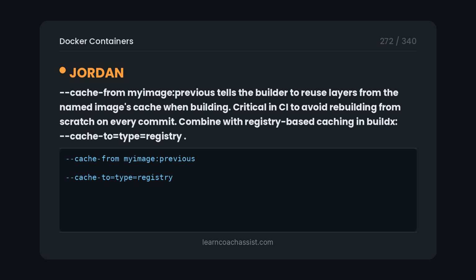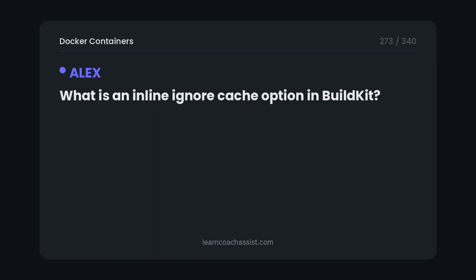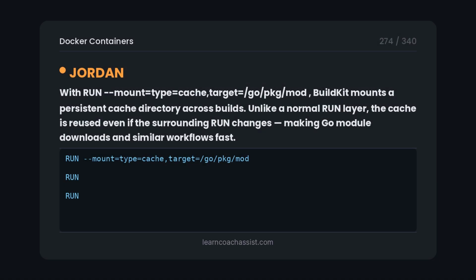Critical in CI to avoid rebuilding from scratch on every commit. Combine with registry-based caching in builds: cache-to type=registry. What is an inline ignore cache option in BuildKit? With RUN --mount=type=cache,target=/go/pkg/mod, BuildKit mounts a persistent cache directory across builds. Unlike a normal RUN layer, the cache is reused even if the surrounding RUN changes, making Go module downloads and